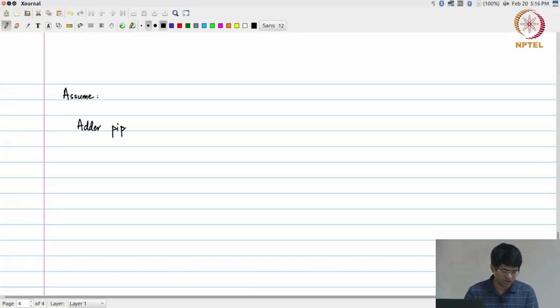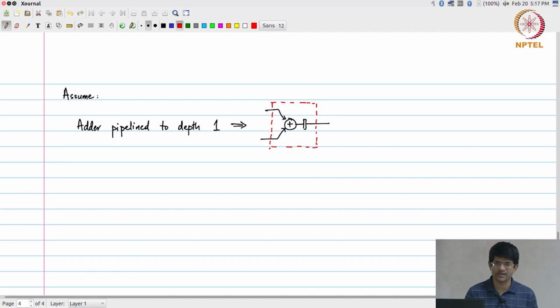Assume that there is something called an adder which is pipelined to a depth of 1, and I can draw its architecture essentially something like this. This is essentially what the unit looks like. It has 2 inputs, 1 output. When I say that it is pipelined to a depth of 1, all that I really am saying over here is